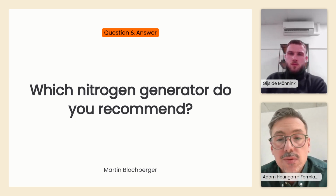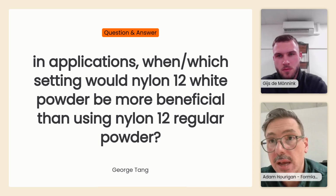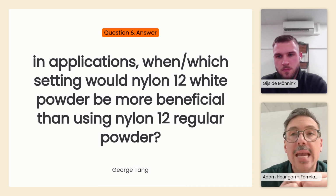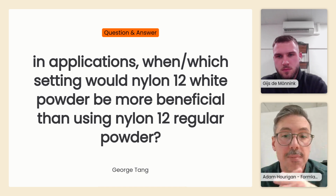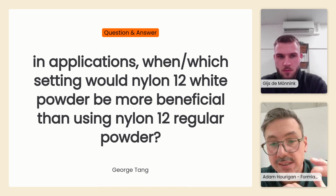Honestly, it's really down to the actual part itself and down to the application. Applications where high contrast, like we said, is really important. And even when it comes to having a part that is going to be colored afterwards, or having a part that needs to be biocompatible in the medical world, this is a really great use of using white nylon versus the standard